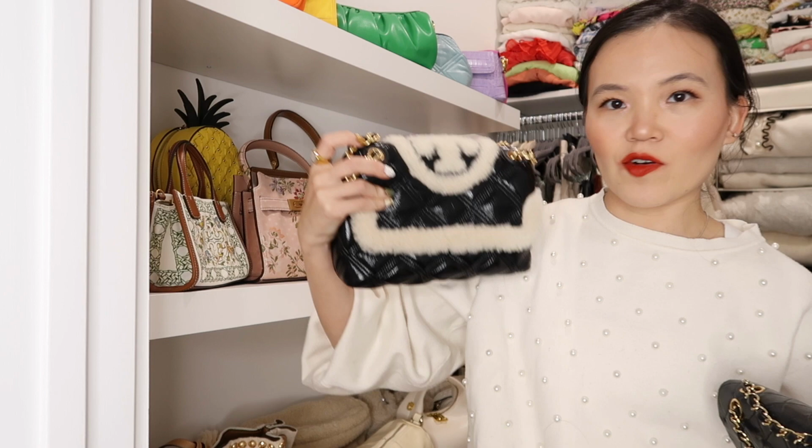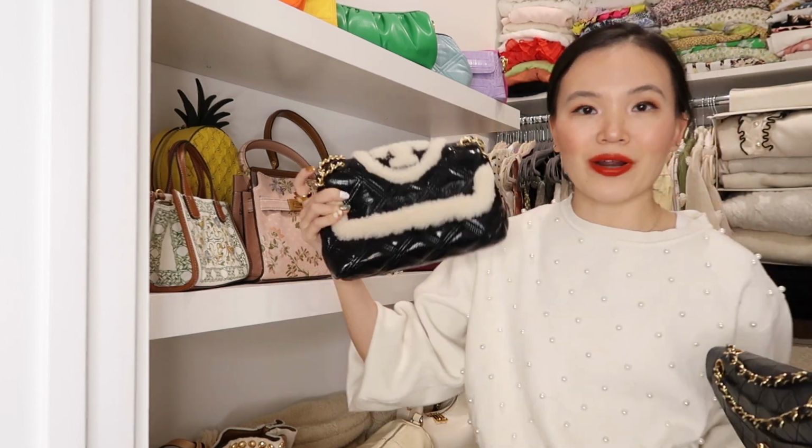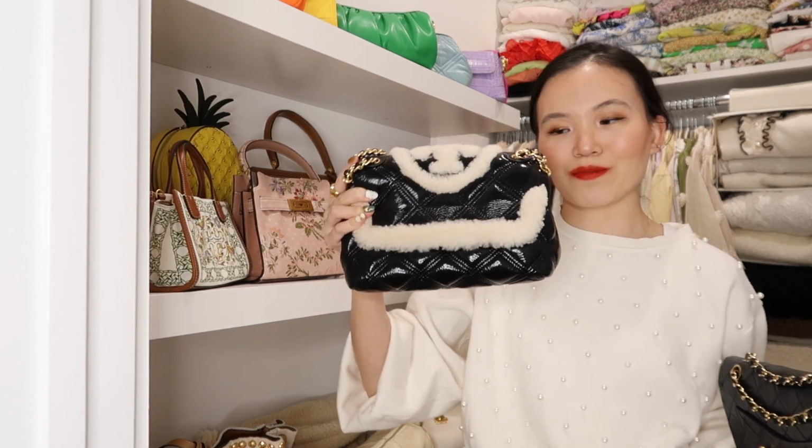So I don't like to buy really plain handbags. I do like my handbags to be part of my fashion statement. Something like this, for example, is not going to be great for both party season and all year long because of the obvious shearling placement. But I do feel like if you are looking into the luxury handbag world, something like a vintage Chanel,